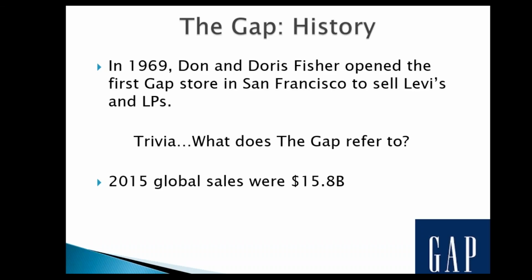So the Gap actually refers to the generation gap that they were seeing at that time. Remember, the 60s was a big cultural difference, especially in San Francisco. There were a lot of protests, a lot of youth mobility, youth talking about rights, a lot of cultural discussions, I should say, about the younger generation versus the older generation. And so the Gap was referring to the generation gap, thinking their customers wanted a place where they could find their own things. It was really catering to that younger customer because the traditional stores weren't catering to them.